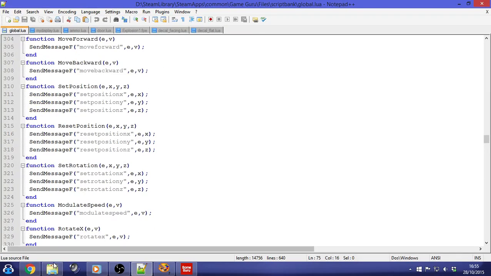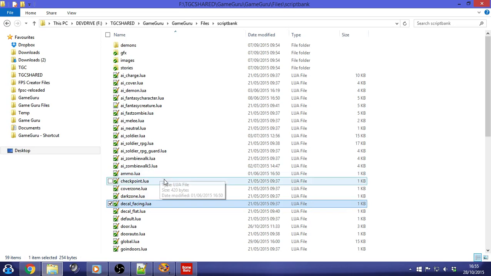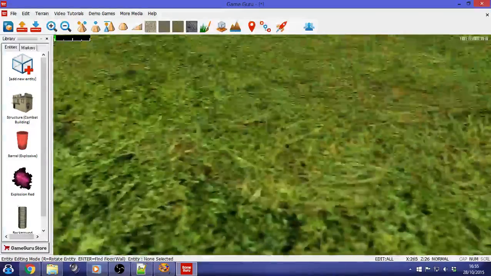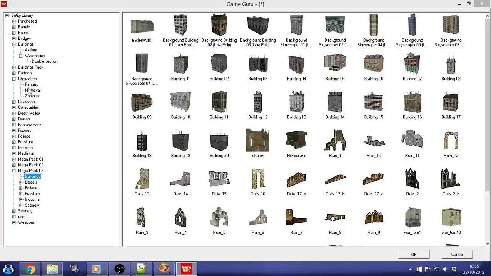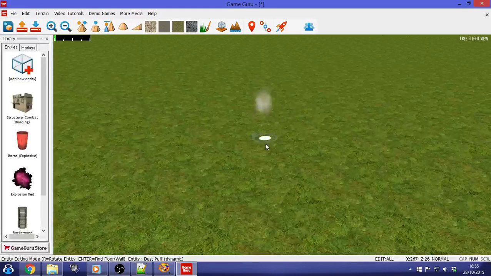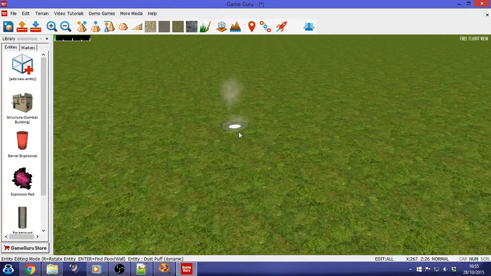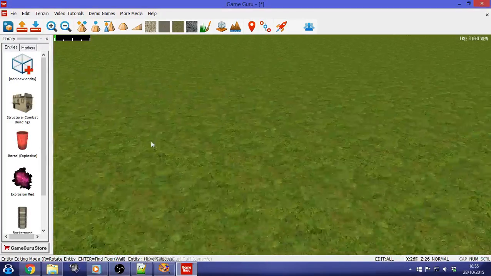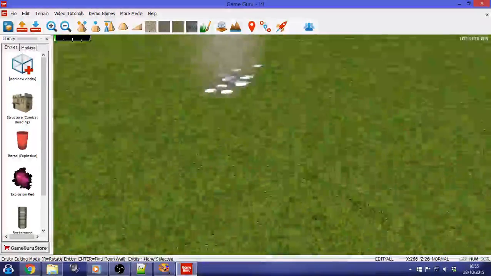But what you could do certainly is have overlapping entities. So I'll give you a quick example of what I mean by that. If we zip down to the floor again and then go and find a decal, and we have something that's in a loop, like a dust puff. See, dust puff, and we put a few in like this. Right. Now when you play the game, they'll all be playing at slightly